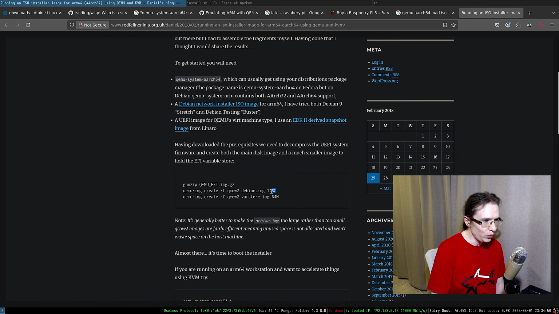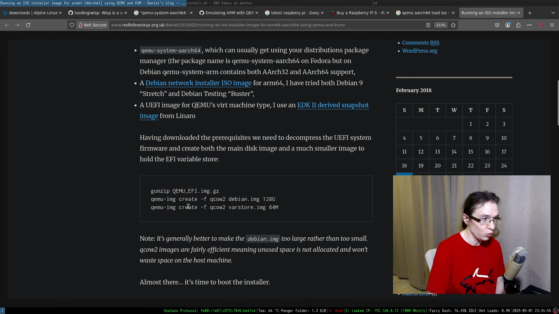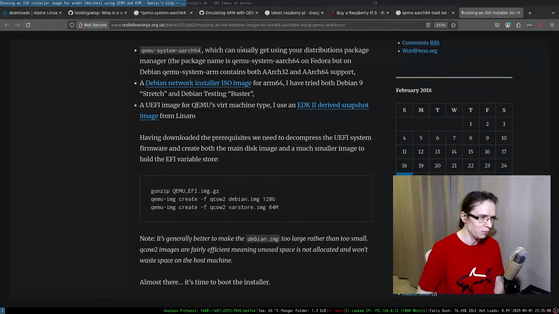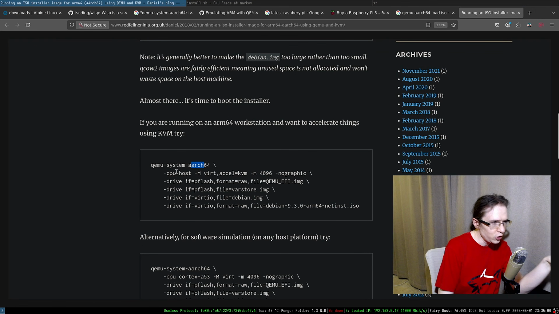Okay, so here we are creating an image, right? So here with the QEMU image, we create an image. This is literally what we do in here, right? So create 20 gigabytes of that. Then what I have to do, right? So Arch, I'm probably not going to be using CPU host, right? So none of that makes sense because we are running all of that on x86_64, we can't really do that. So there is non-graphic.